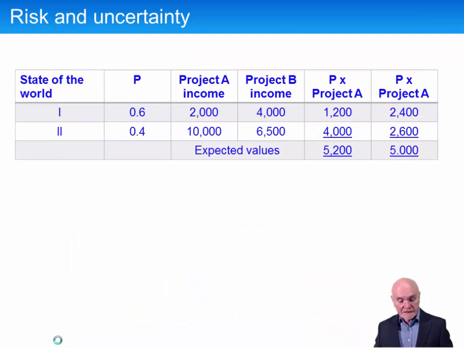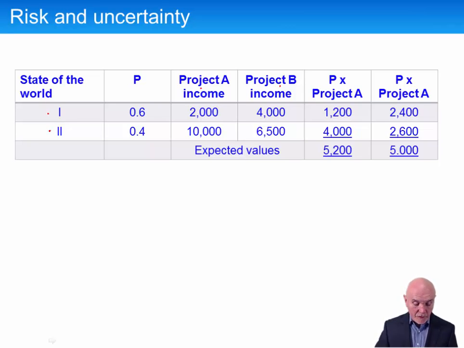Finally, on risk and uncertainty, it's worth, I think, just mentioning some of the shortcomings of expected value. Expected value, in many ways, seems the most satisfactory result because we're using more information, we're using the probabilities, but expected value has got some drawbacks. So here we have two possible projects we could go into. We could adopt Project A or Project B. And the projects could be opening in a different country, it could be launching different products. Project's a very general name, essentially it's different decisions that we're making.